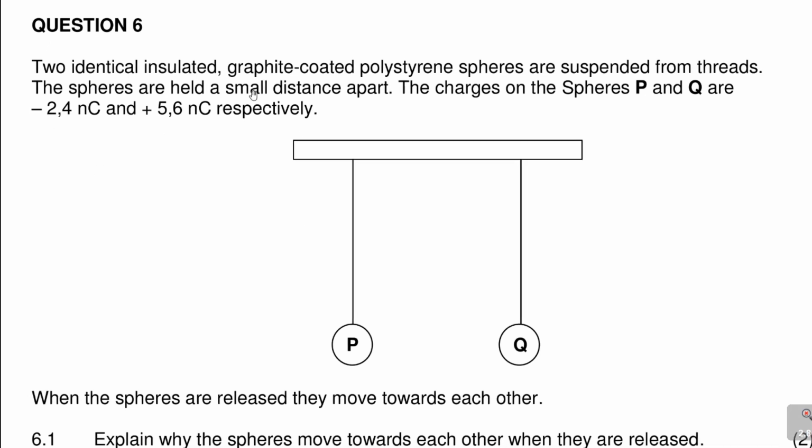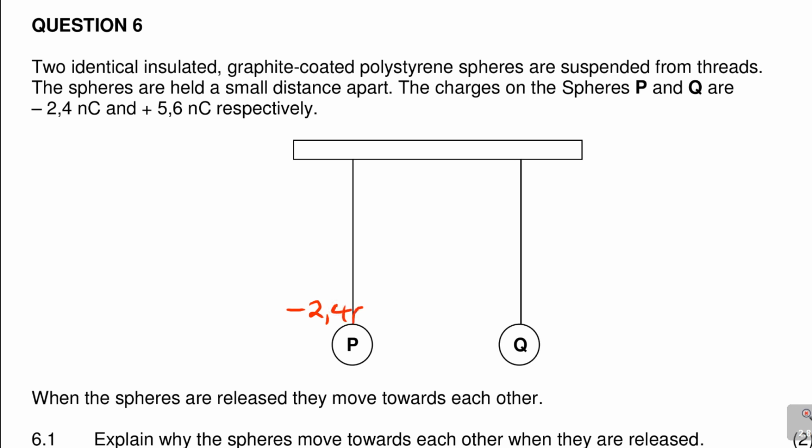Two identical insulated graphite coated polystyrene spheres. Insulated meaning no charge can flow. Coated polystyrene spheres are suspended from threads. The spheres are held a distance apart. The charges on the spheres P and Q are negative, so we can call it negative